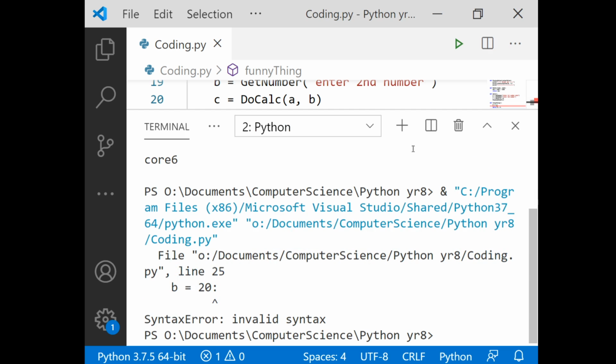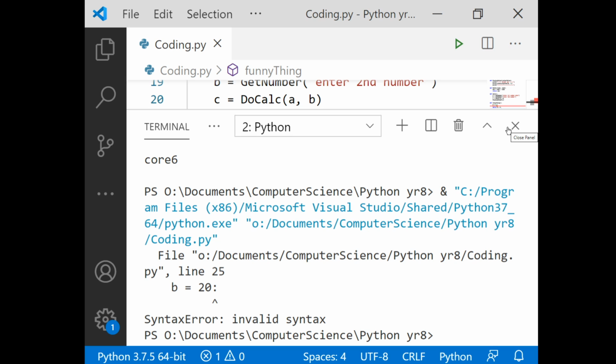Syntax error. Right, what is a syntax error? You should get this all the time when you're programming. What does it mean? It's a specific type of problem. What does syntax mean? Right. Okay, you picked up spelling. Spelling is one form of syntax error.